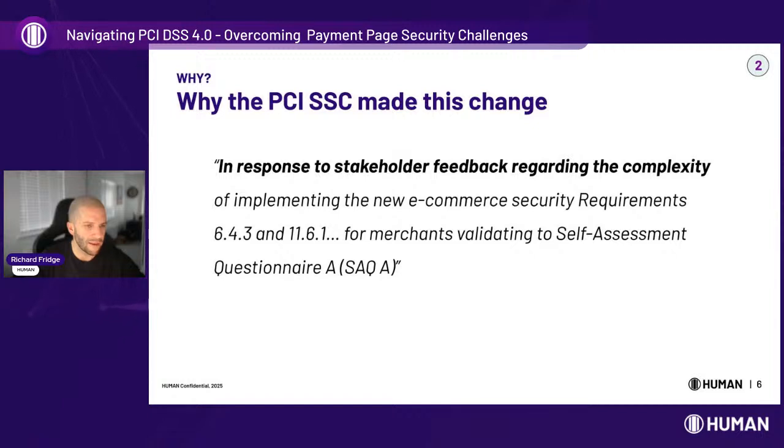So why have they made this change? As alluded to in that first overview, it's in response to stakeholder feedback regarding the complexity of implementing new e-com security requirements 643 and 1161. So that would suggest that there's been a lot of feedback from maybe merchant banks and other members of the